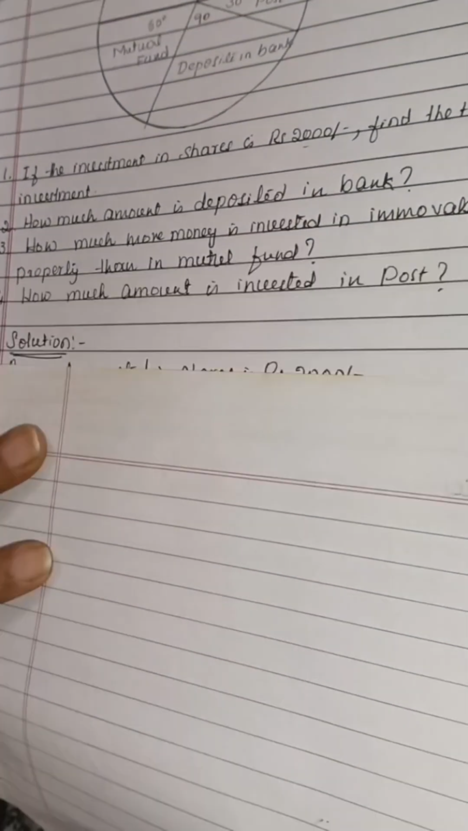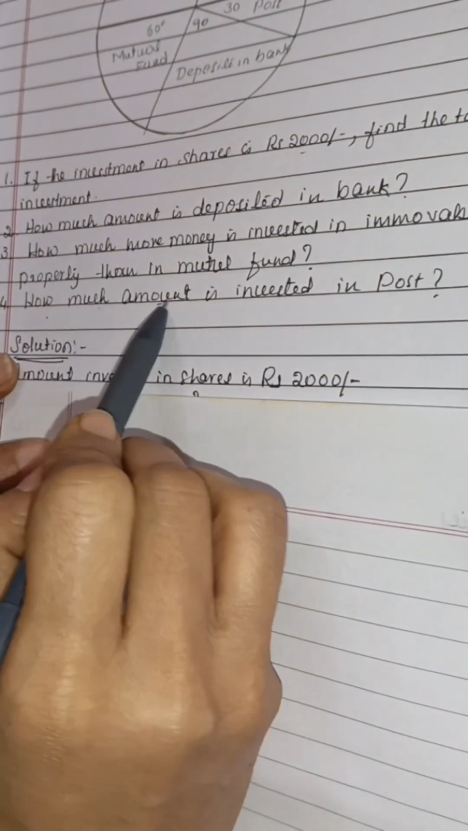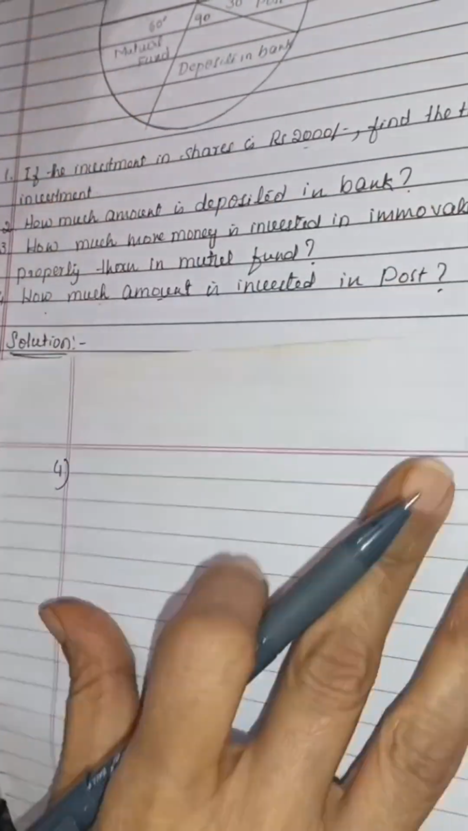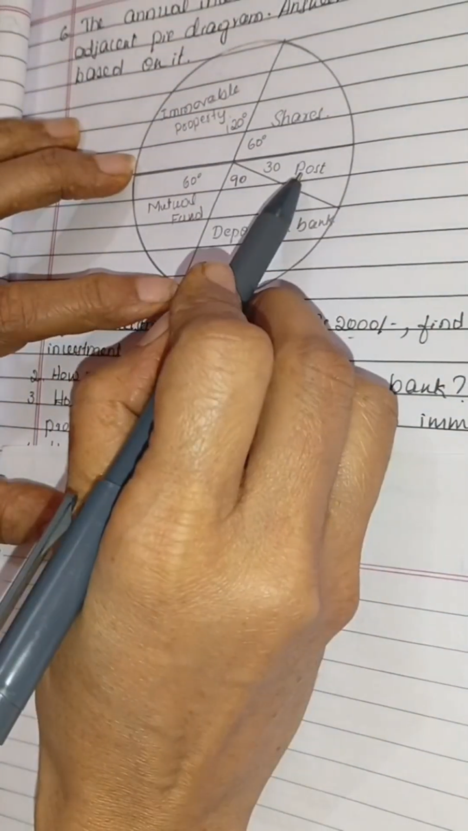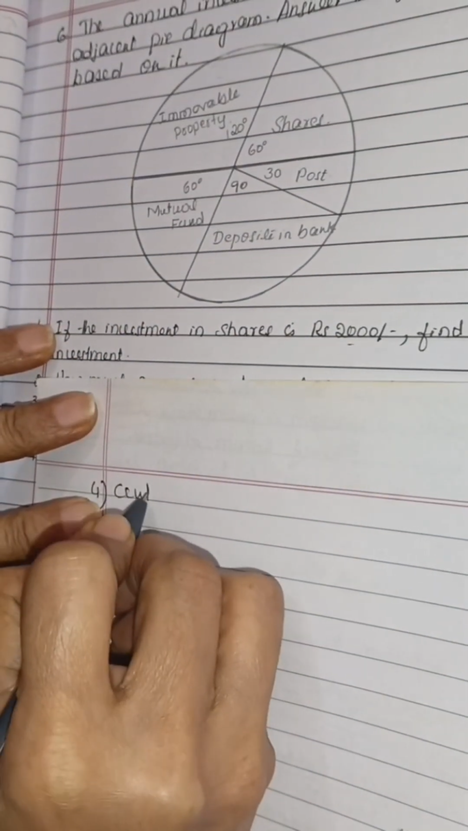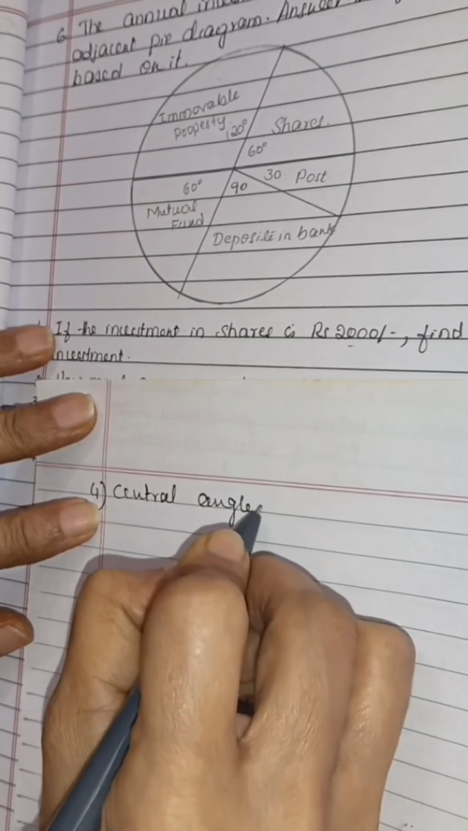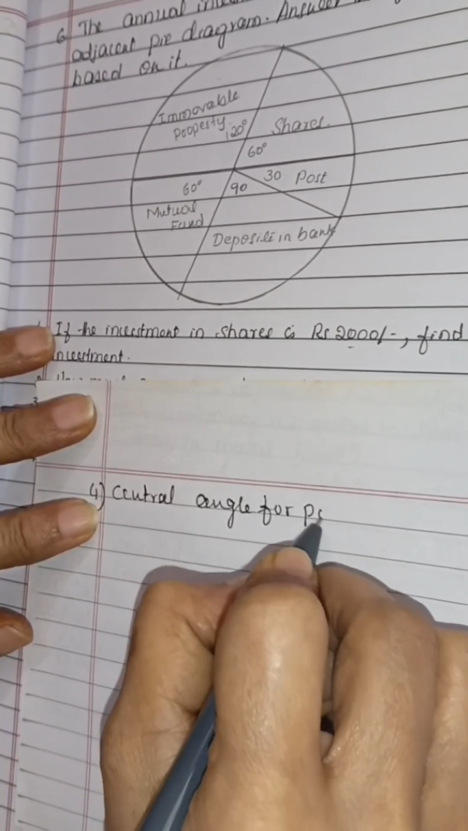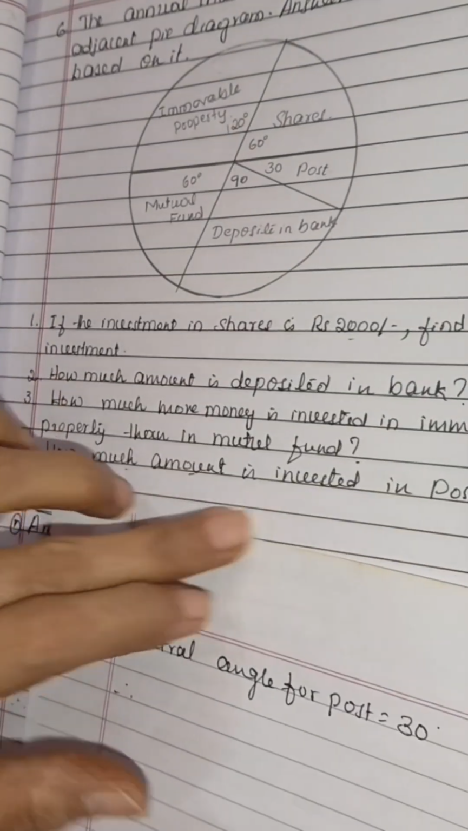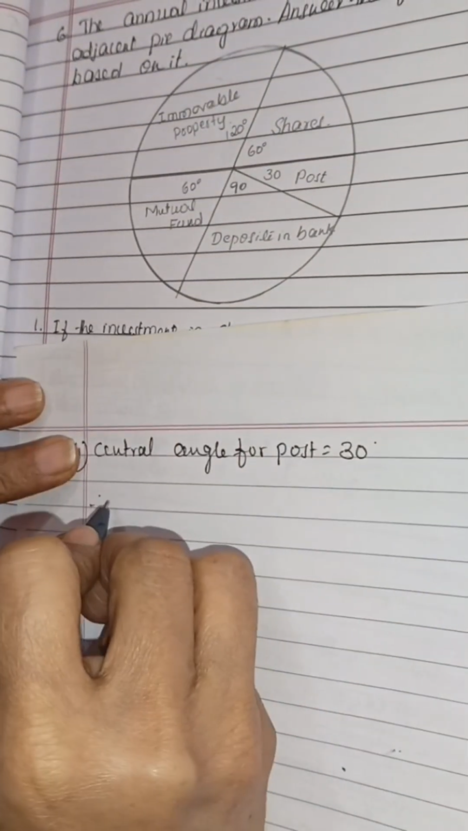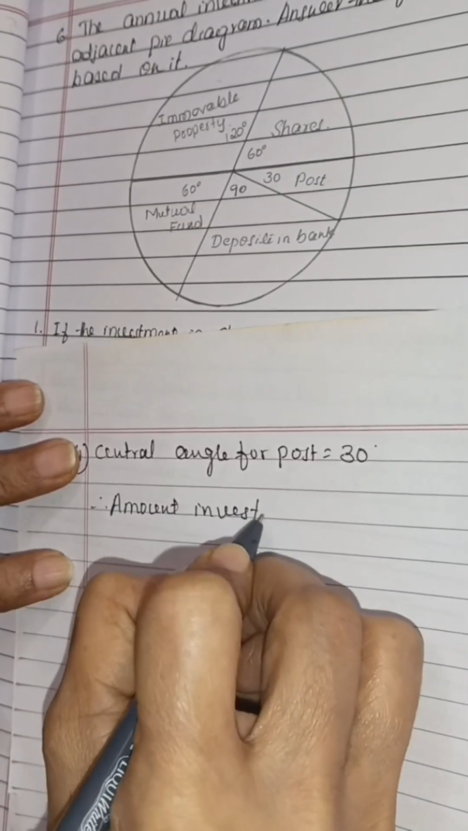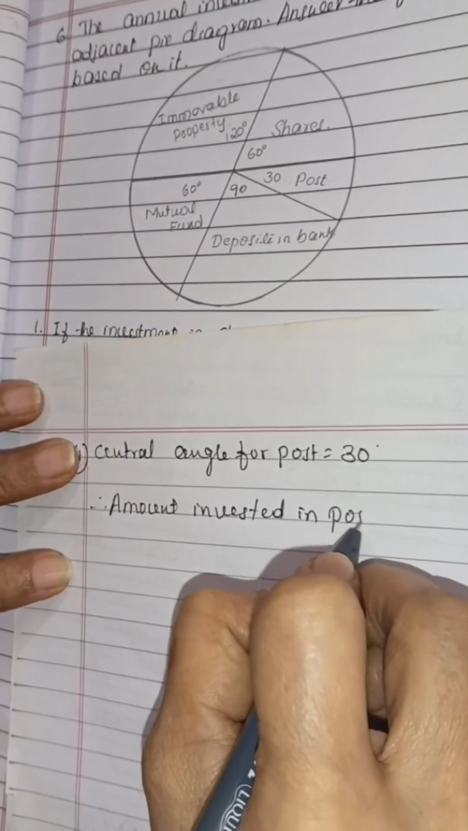Now the fourth question is, how much amount is invested in post? See, fourth question, post. Where is post? See, post is here. Here we have to find out the amount invested in post. For that, the central angle for post is 30 degrees. Therefore, the amount invested in post